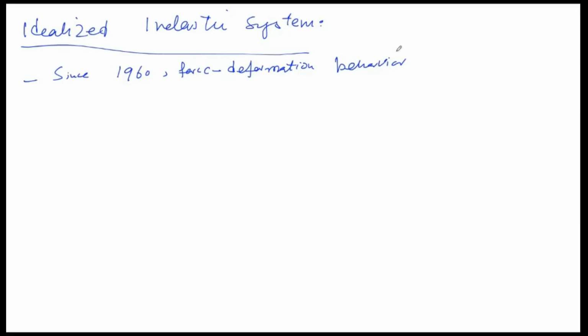Okay, so the experimental results show that the cyclic force deformation behavior of structure members, or the assemblages of members, or small scale models of structures, or full scale structures, depends on the structure material and on the structure system. So that force deformation behavior depends on materials and system, the structural system,